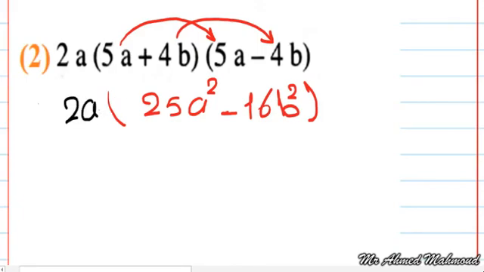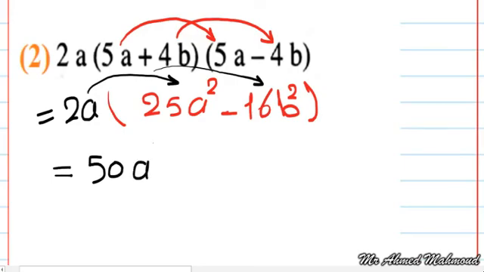Now I have here 2a multiplied by this binomial. Then I'm going to distribute as I explained in the last lesson. 2a multiplied by 25a to the power of 2 and multiplied by negative 16b to the power of 2. It will be 2 times 25 equal to 50a to the power of 3. 2 times negative 16 equals negative 32ab to the power of 2. The next example,